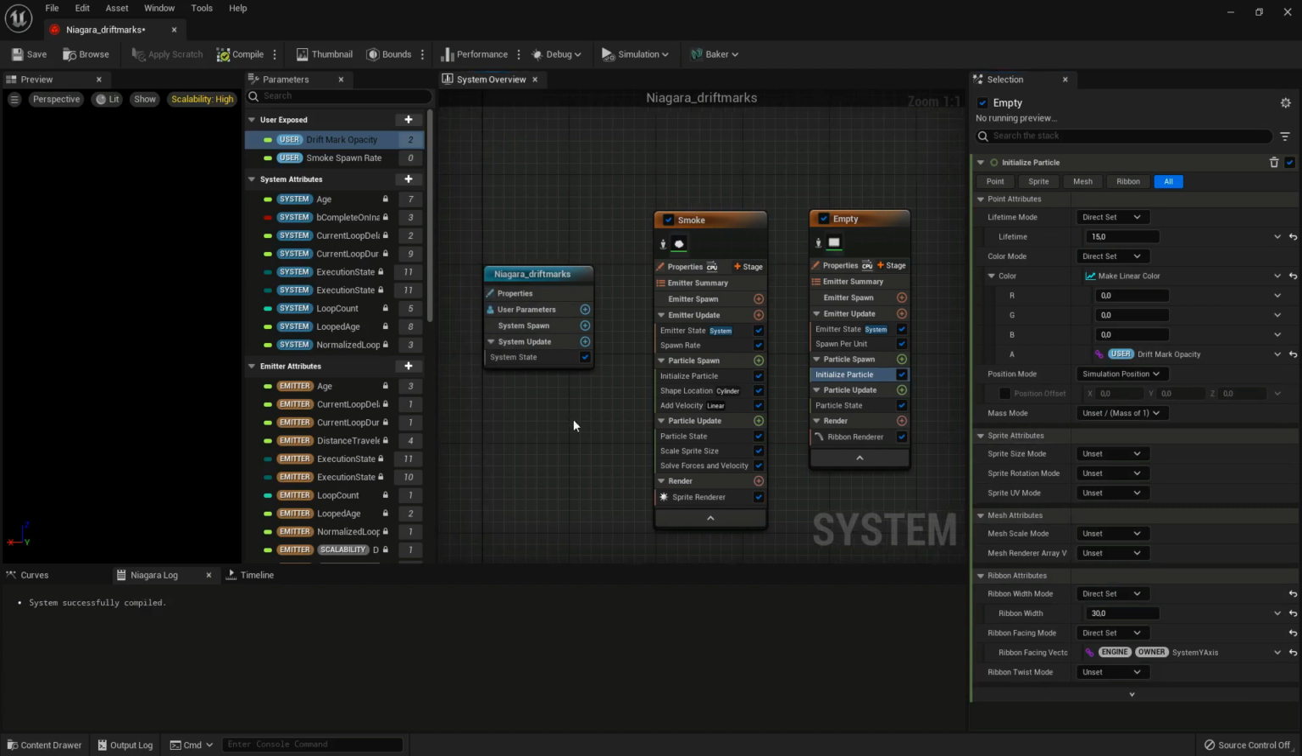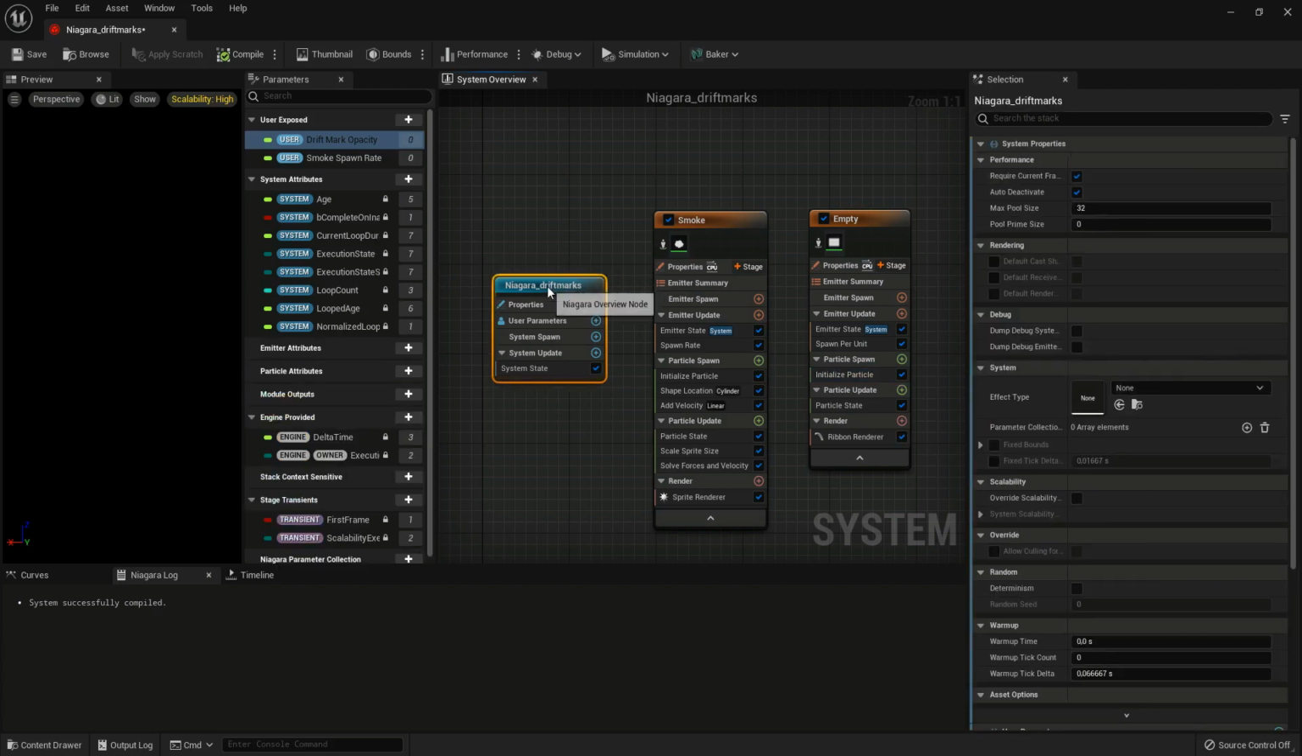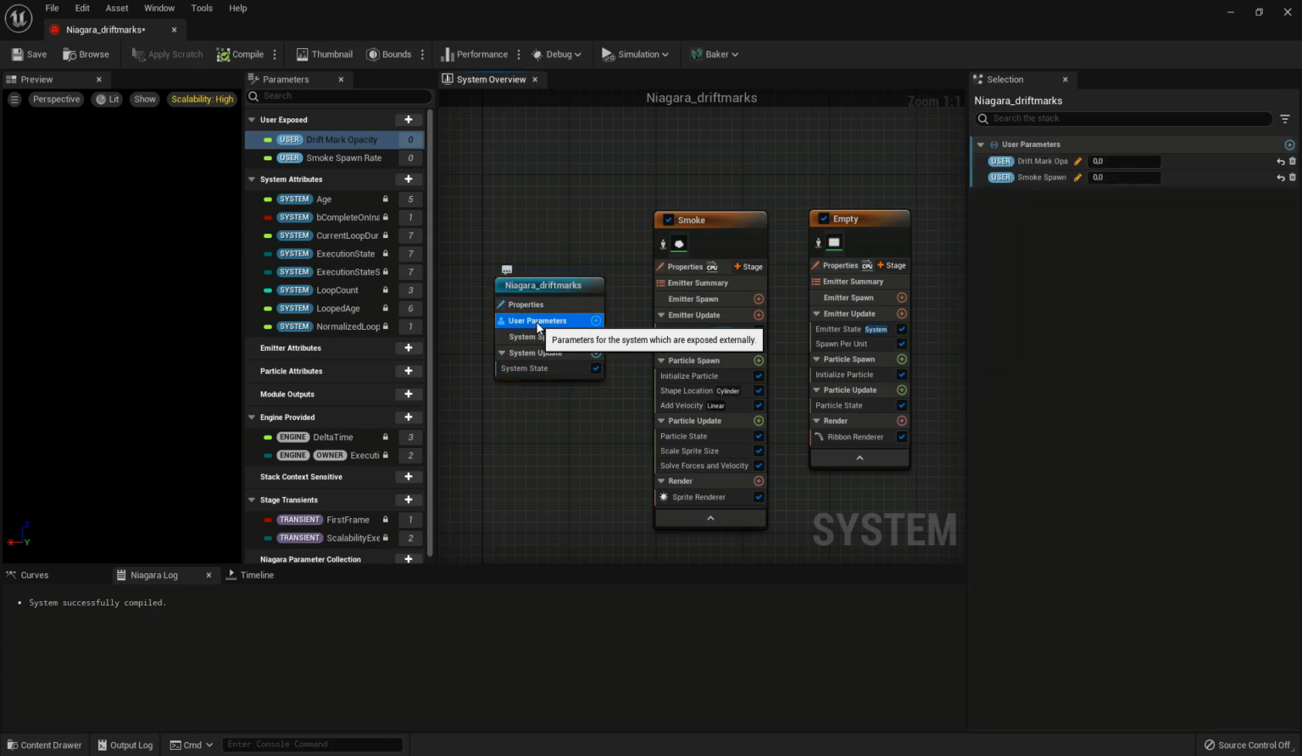Okay, with that done, if you leave it like that, you won't be able to test the system in the world, because the default values for these are 0, so you're gonna spawn 0 smoke and have an opacity of 0 for the skid marks. So just for testing purposes, let's go into that section here that I said I had no idea what was doing in the last video. We can actually see the user parameters here. Click on there and set the default values for these. We're gonna set them both to 1,